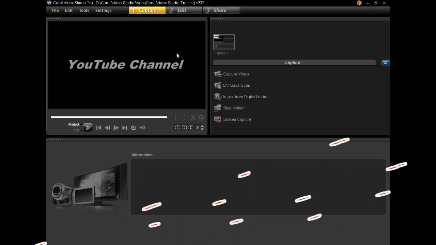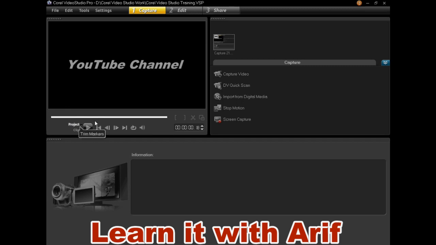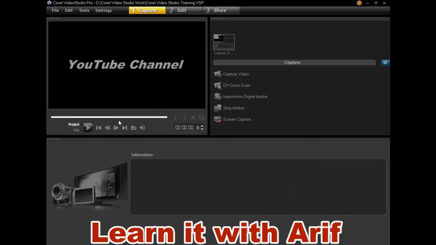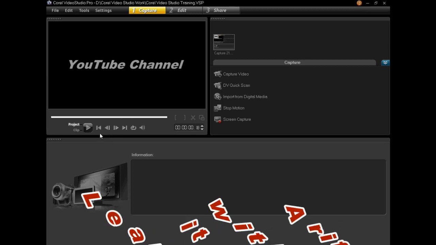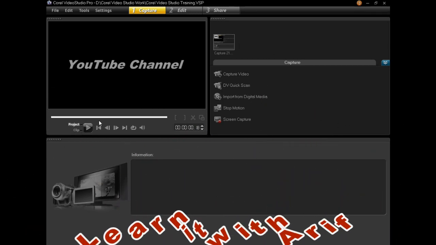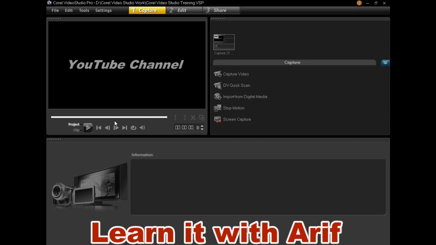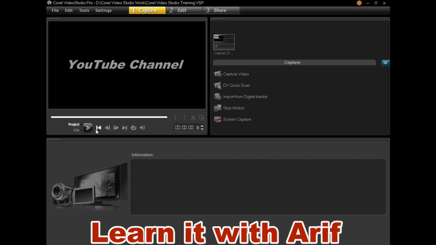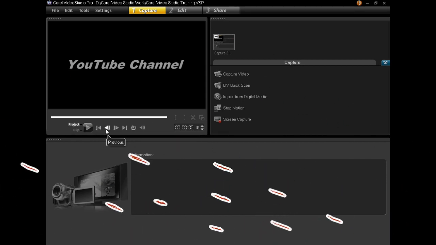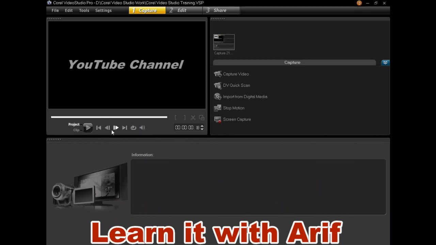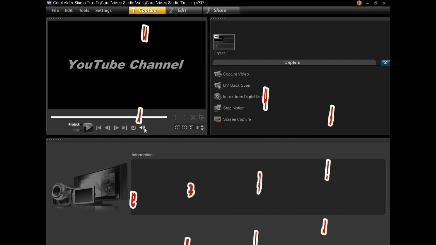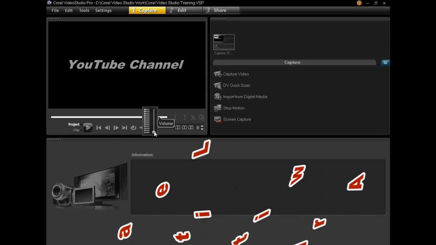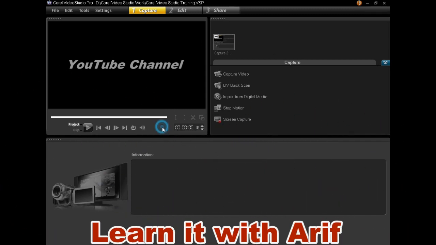Under the preview window, we can see a set of buttons. This area is called navigation area. Using the buttons in navigation area, we can play or pause a video, step backward, step forward a video, or increase or decrease the voice volume of a video.